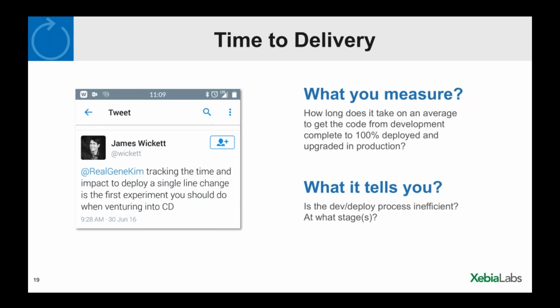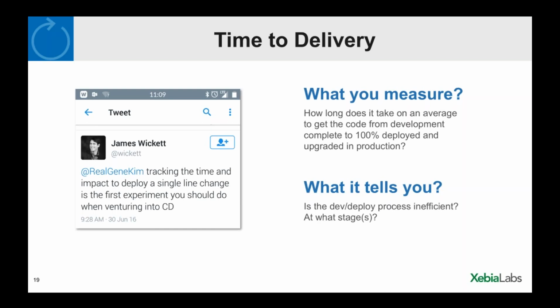But more importantly, this is where the illumination aspect comes in: if there are inefficiencies, where are the inefficiencies, right? So you can look at the time to delivery across each of your phases. So maybe in QA, you're having a longer delay, and moving into production or moving into final UAT or other phases are quicker. So that gives you a great tool, as the leader of the DevOps transformation, to say, hey, let's prioritize what we go after for the phases where we have the most inefficiencies.